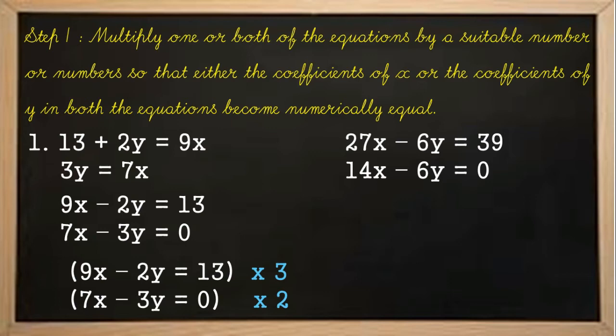How do we need to decide which number should be used for multiplication? Only with the keen observation of the coefficients of x or y. So let me brief out, children. Observe the given equation carefully. Decide whether you are going to equate x or you are going to equate y. Elimination is the next step. Whether shall we equate x value or y value? Any one you have to choose and multiply the equations accordingly. This is our first step.